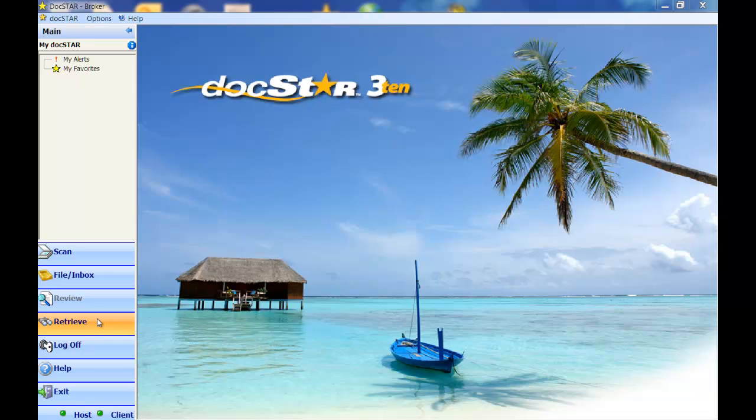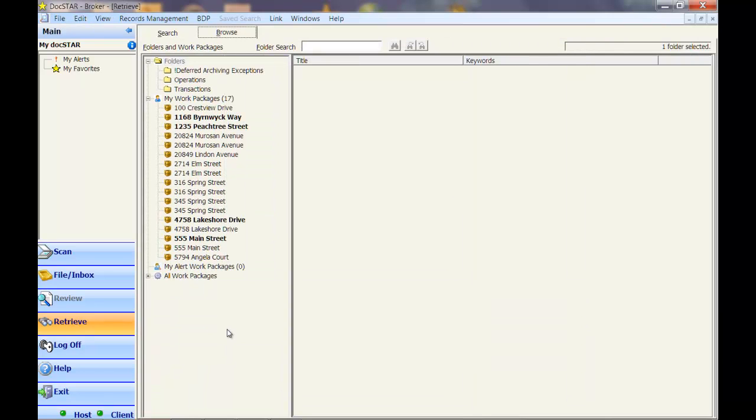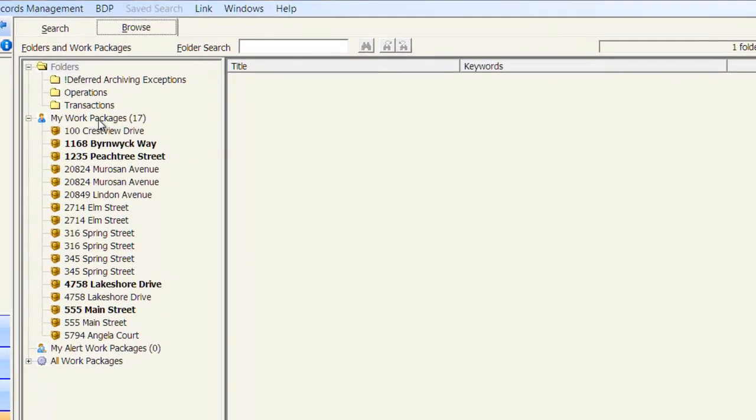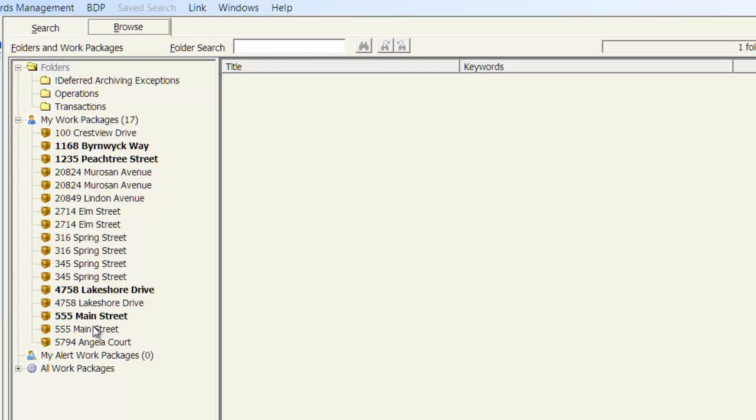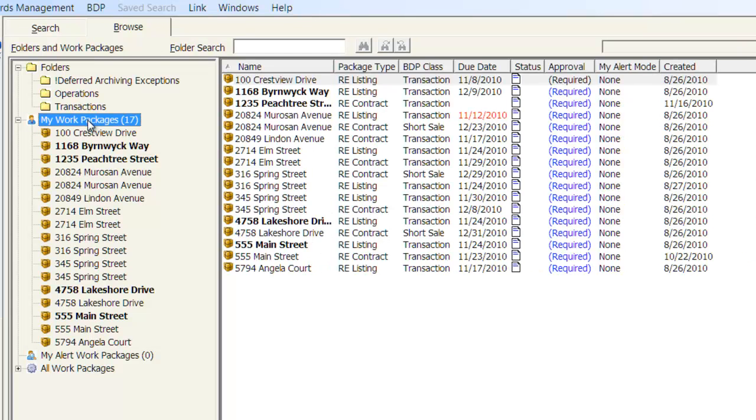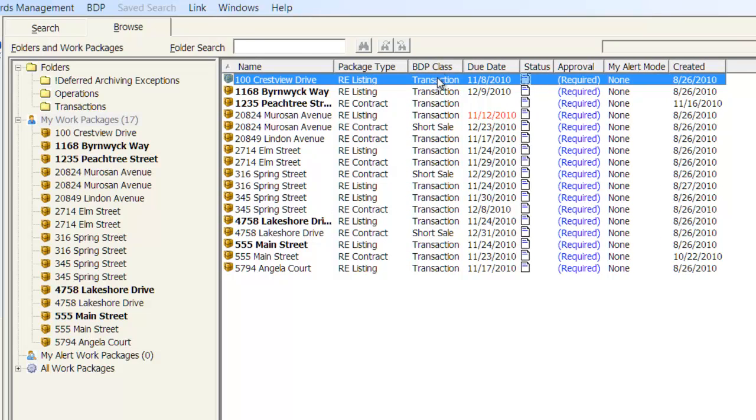In part 4 of our process, we are now the broker or compliance individual at the brokerage in charge of reviewing the documents for accuracy. The document is now handed off from DocuSign, moved to Broker Central, filed into the correct transaction package, and here I am. I'm looking at the work packages in my queue, and this is the work